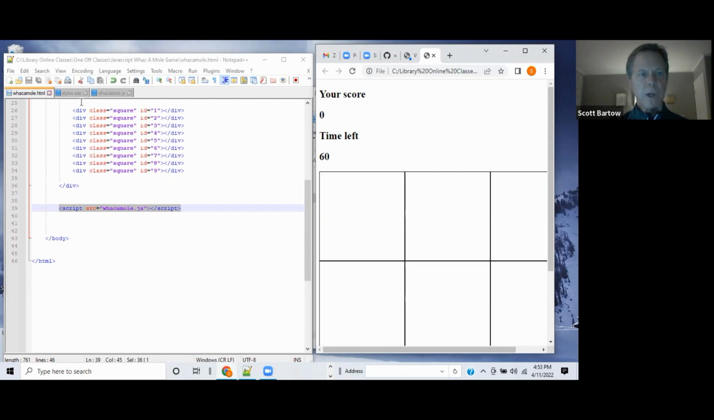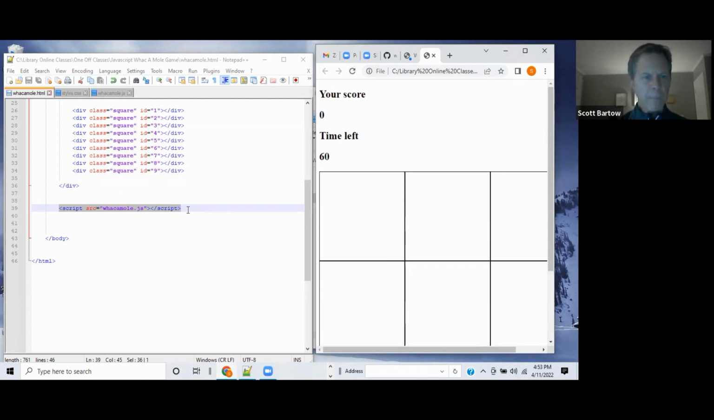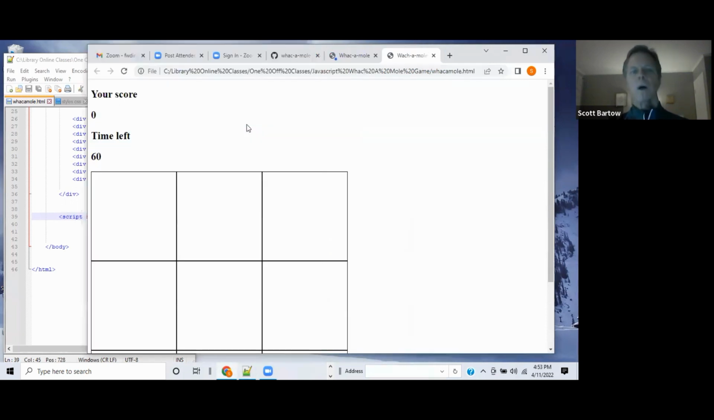If I refresh, right, and the mole, it's not showing up. So one thing you can do, we are in Chrome. All right, so I'll stretch that out. All right, so we're in Chrome, and one thing you can do is if you hit Control,